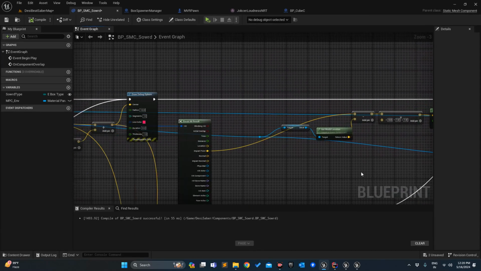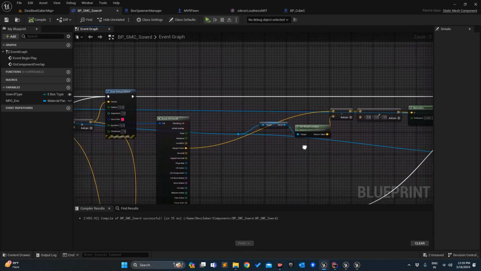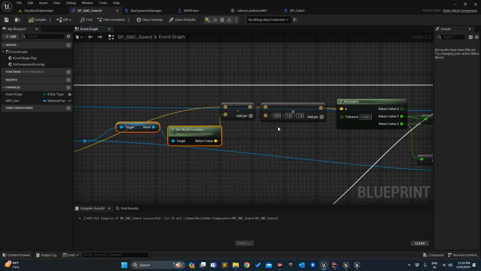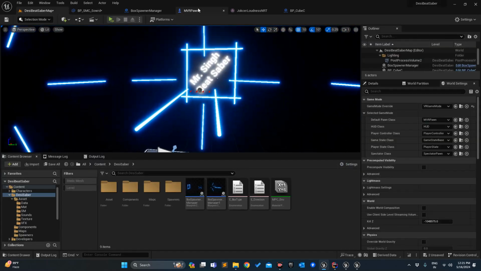So here, what I have done, this is the impact point. So impact point minus the decal world position. And this is that vector which we were talking about. And I am multiplying it with 0, comma 1, comma 1. In short, I am destroying the x-axis. The reason is that when we are looking at it from the front,